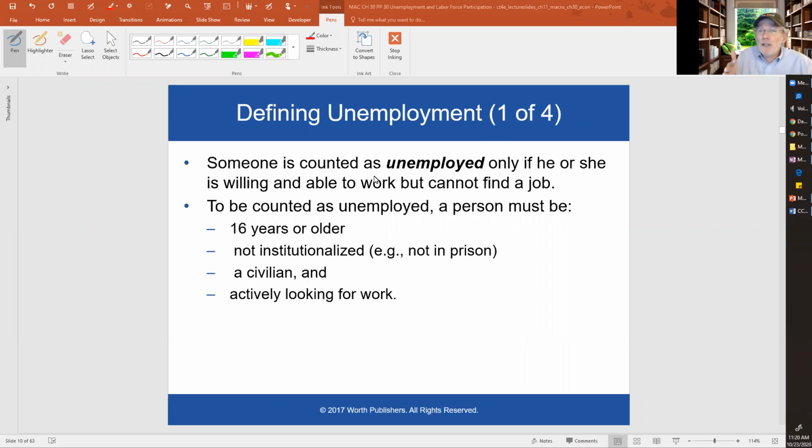Someone who's below 16 is not going to show up at all. They're not employed, not unemployed, not part of the labor force. They just don't figure in. Someone who is working is clearly employed, whether they have a job they like, whether they're working full-time or part-time. If they're being paid, then they are considered employed. Doing volunteer work for some kind of organization is not being employed. Employed means you're being paid.